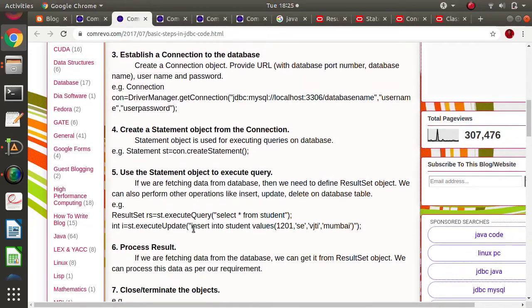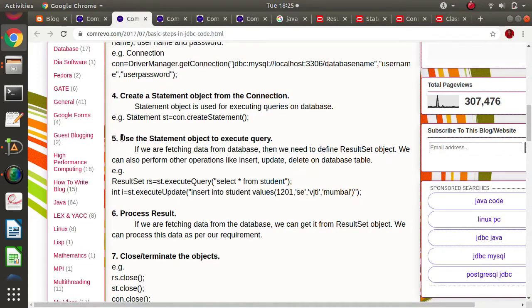Once that is done, the next step is to use the Statement object to execute the query. What type of query can we fire? Either to retrieve data from the database or to insert data into the database. Different types of queries are there, and any query we can fire, for example, for updating data or deleting a table from the database.